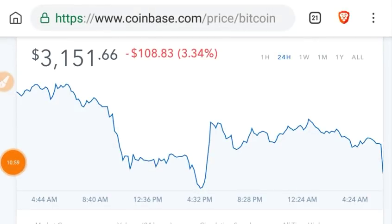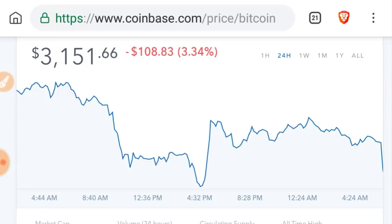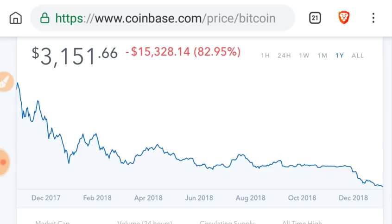Let's take a look at cryptocurrency. Here's your Bitcoin chart. Bitcoin getting hammered again, down 3.34%. Bring up a 1-year chart. Bitcoin has lost 82.9% of its value. Doesn't look good to us. However,